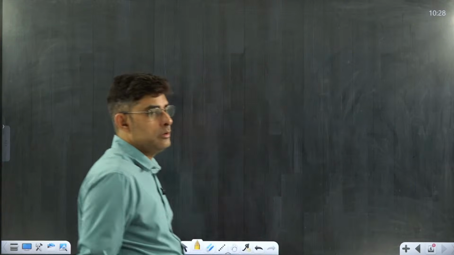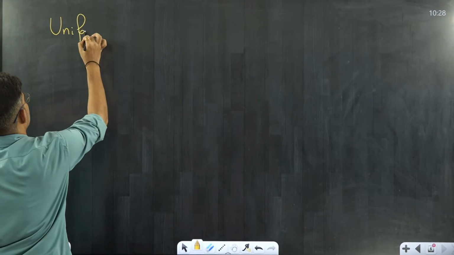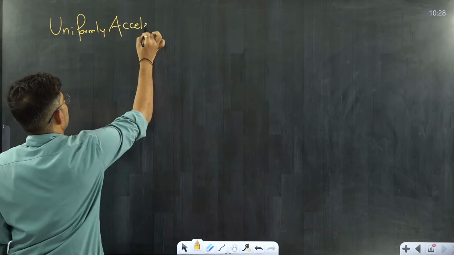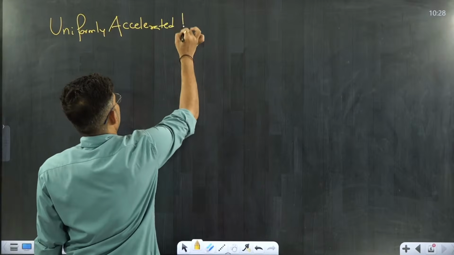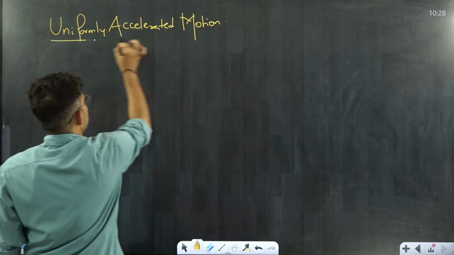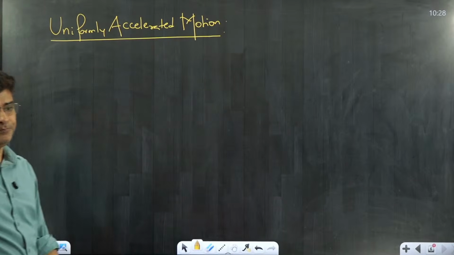So now we will be moving to the next, what we call as uniformly accelerated motion